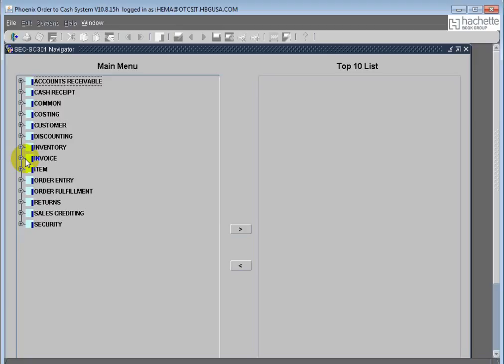These two are inbound interfaces. They pick up the data from Indy and transfer it to OTC. That completes the whole cycle of the receipts.